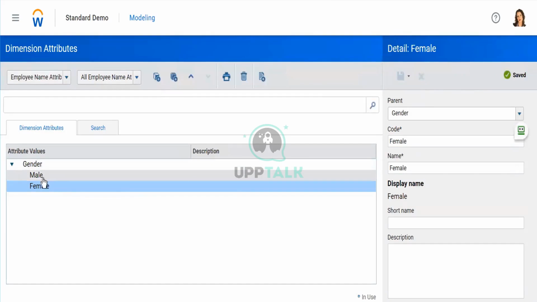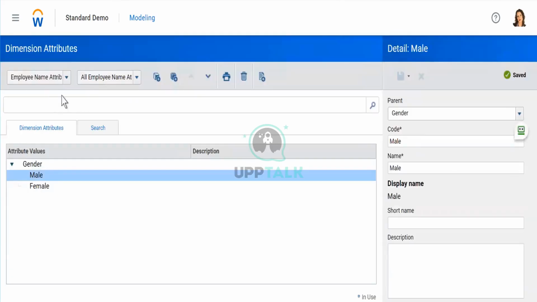I have created male and female as attributes, but do you think the system has captured who is male and who is female? Is that level of information already captured? Now, what is that called? It is called dimension tagging.